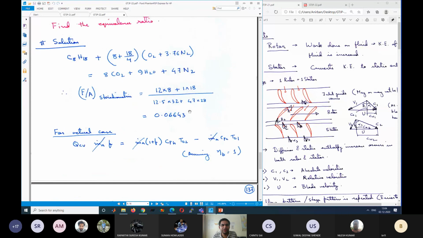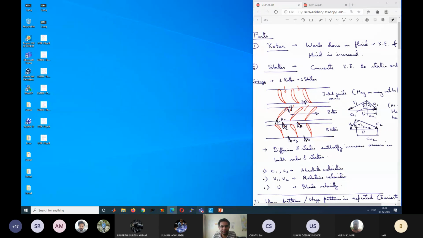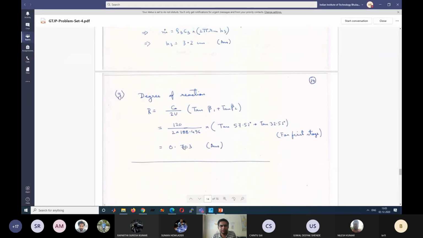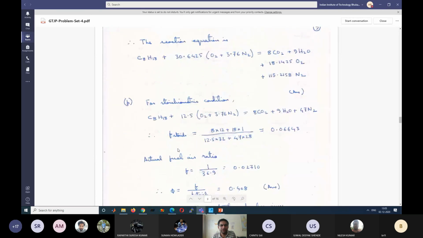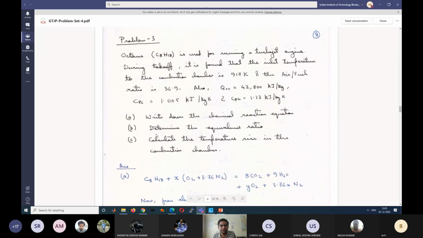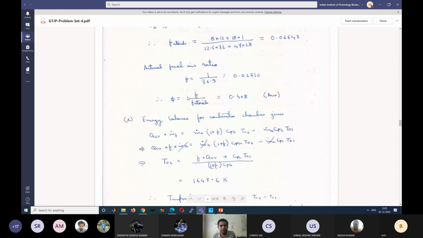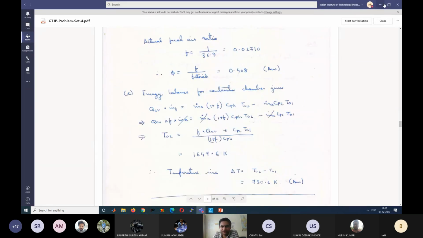You should be able to solve this type of problem for any hydrocarbon, any fuel. Go through the assignment problems also; a somewhat more elaborate problem is given there. Problem 3 is for octane, but it is a slightly modified version. Problems 4 and 5 are for the axial compressor. Try to solve it to understand how to calculate the energy balance. Here I have asked for the temperature rise that is occurring, which will give you an idea.